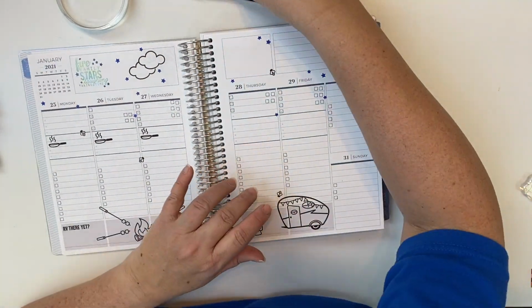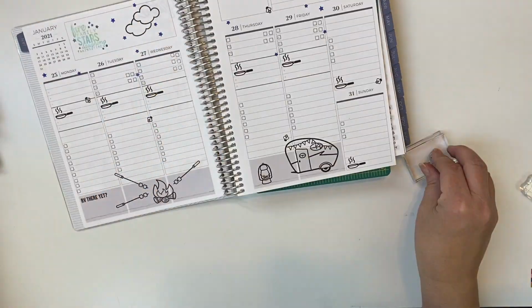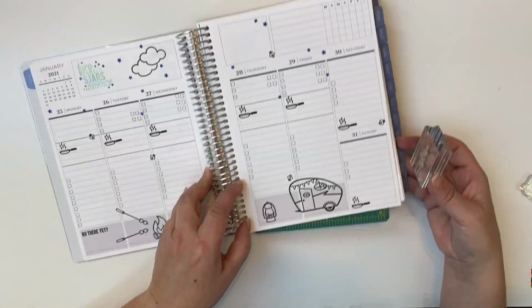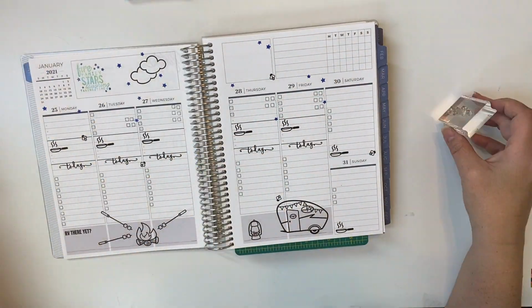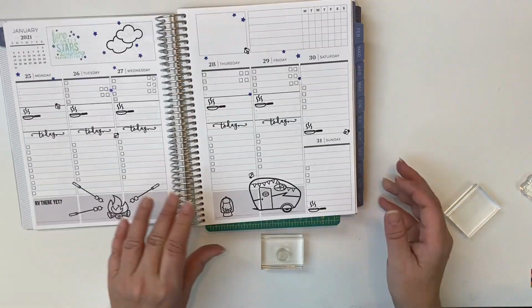Yeah. So I was trying to decide. I've been using the fork, knife, and spoon icon for my meal planning, and since I've got this camping theme going, I wanted to use a pan or a pot that you would use over the campfire. And so I decided on the pan, and I think it turned out pretty good. I've got my today headers,